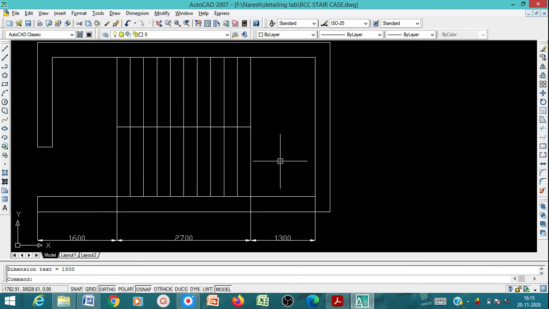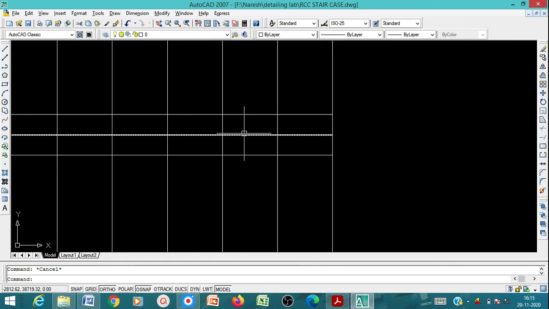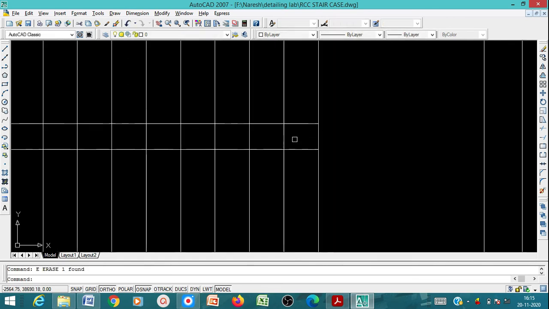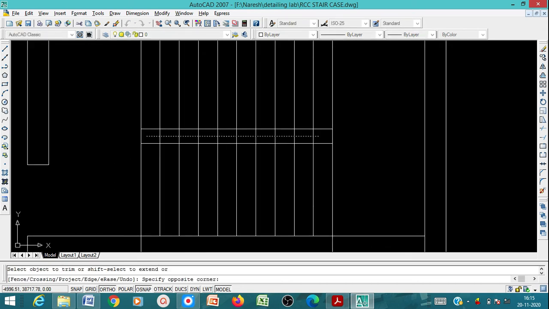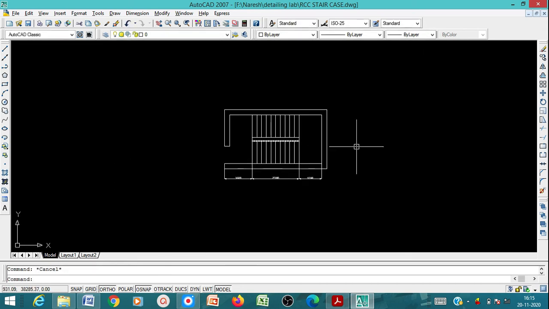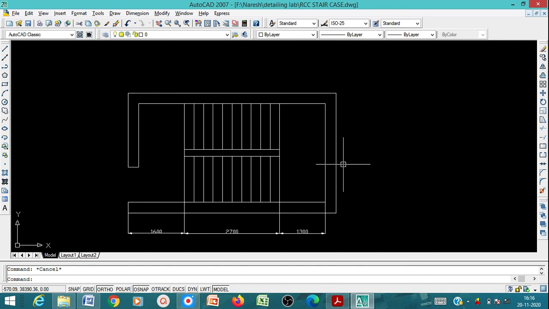Correct. So again we can give an offset of 200 mm here and trim this. Okay, so the plan is ready. Just you have to show the hatching, which you can do again.